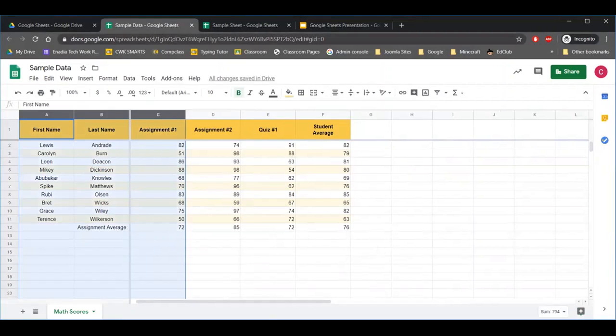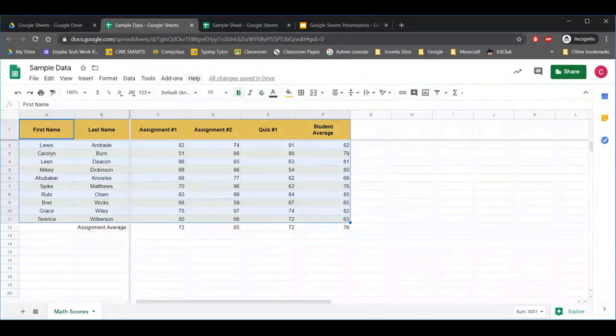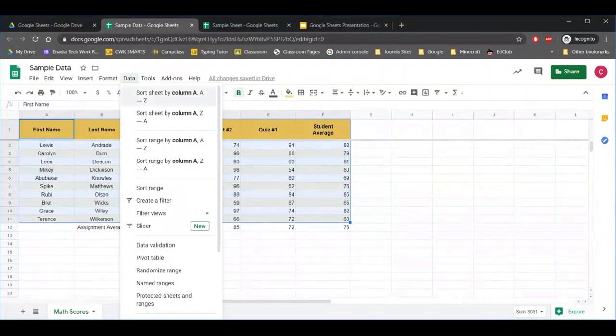Okay. Now, actually, let me, yeah, there we go. We're gonna highlight the data. I'm not gonna select the average in this example. Just highlight the entire data here. And then you'll notice up at the top, we have a data menu. Okay, so if I click on data, you see the first couple of options are gonna be sort sheet and